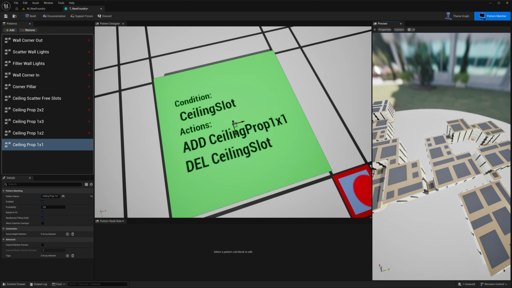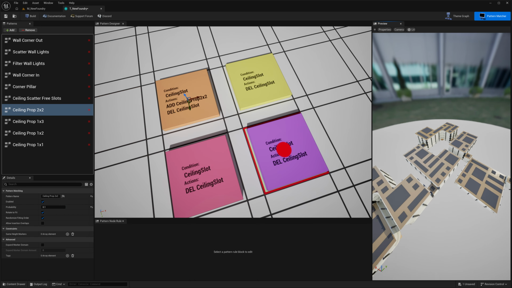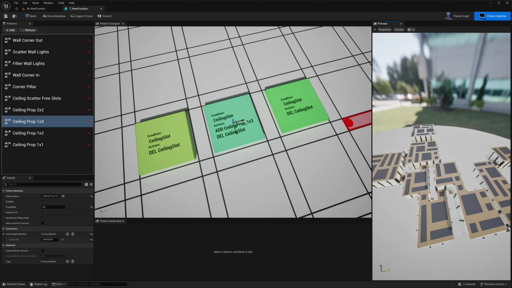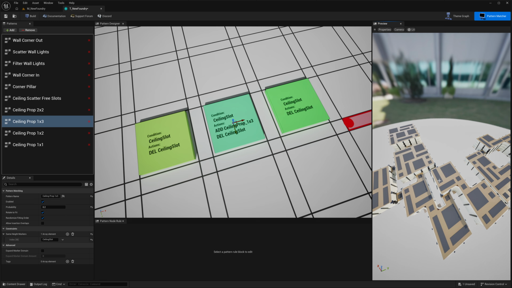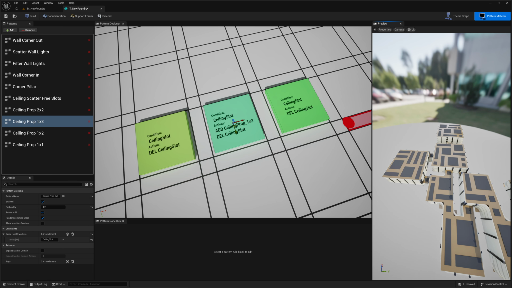And too many of these 2x2, so let's reduce the probability here, 0.1. And over here maybe 0.2. And I think this is looking good. So we go 1x2s, we go 1x3s, we go 2x2, and quite a bit of